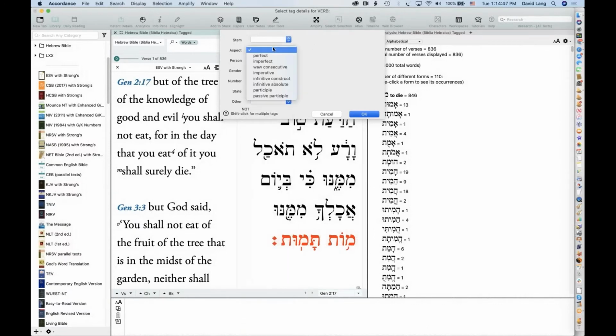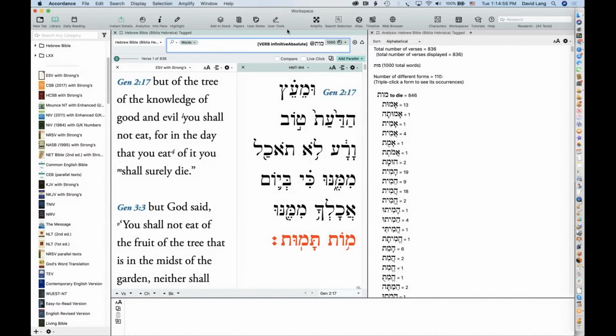In this case, what I want is the infinitive absolute, and that's under aspect, all right? And I'll click OK, and Accordance will insert the proper search syntax for me to search for a Hebrew tag. So it's moot at infinitive absolute.